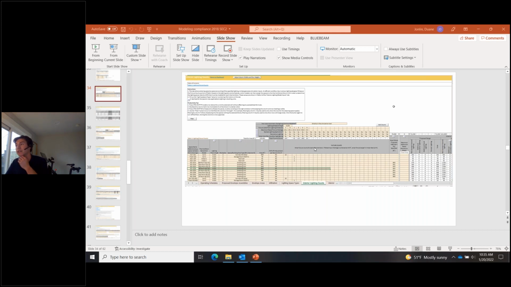And then as far as documenting TI lighting, in Seattle we can reference our Seattle LPDs for those spaces.